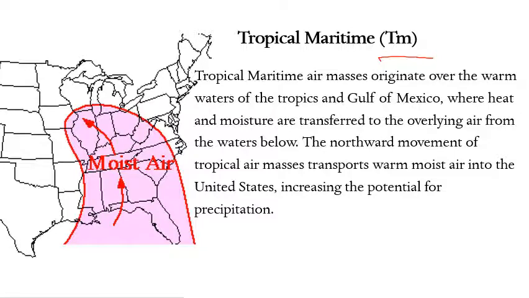Kasi galing siya doon sa isang area with high humidity or humid area, just like the Gulf of Mexico. Wherein in this area, heat and moisture are transferred to the overlying air from the waters below, o yung evaporation ng tubig from the Gulf of Mexico. This evaporation of the body of water is masasabi natin na ma-magnify ng temperature in the form of a rise of the relative humidity in the area. And the northward movement of the tropical air mass transports warm, moist air into the United States, increasing the potential